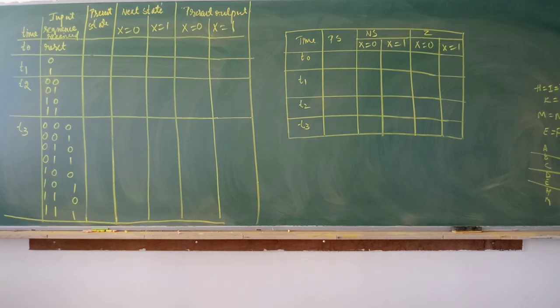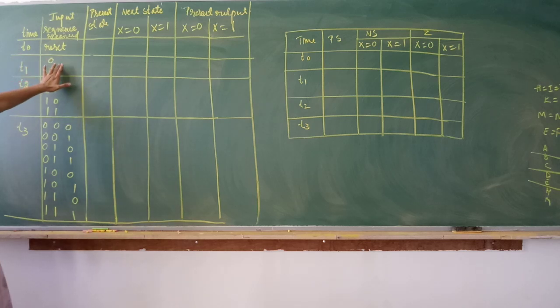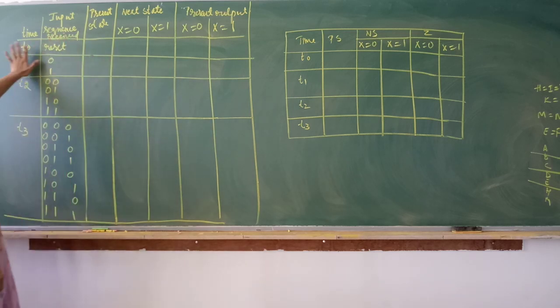Okay. So next we'll write the next table, that is the state table. So now we have understood the logic behind the code converters, right? So next with this logic we'll write the state table, same as the counter design, how we have done. So input, present state, next state, output. Okay. So one extra column here is t0, t1, t2, t3.